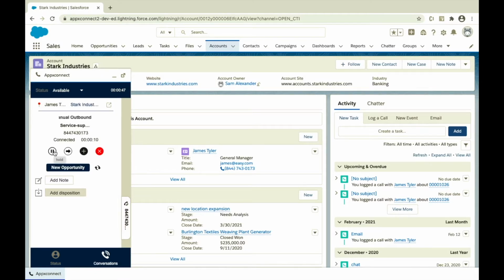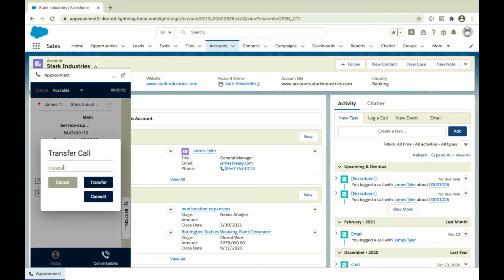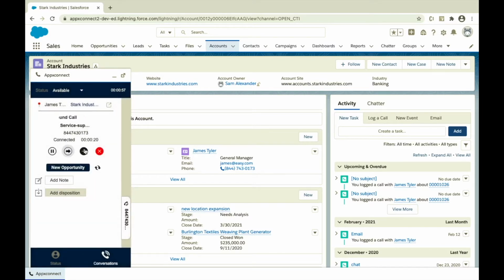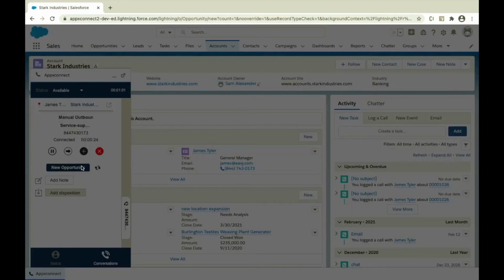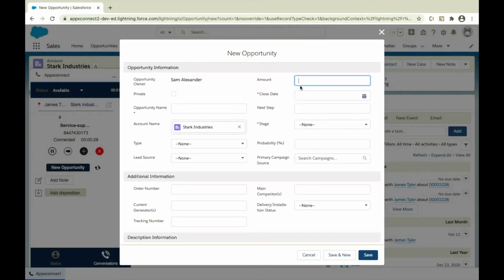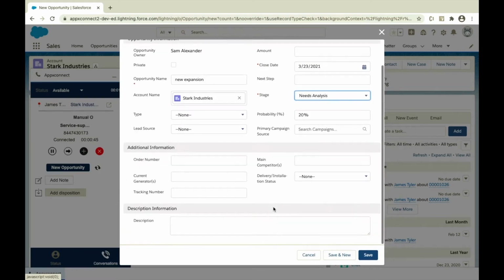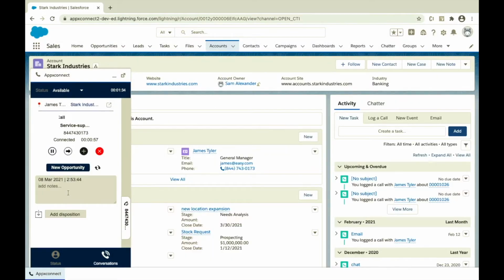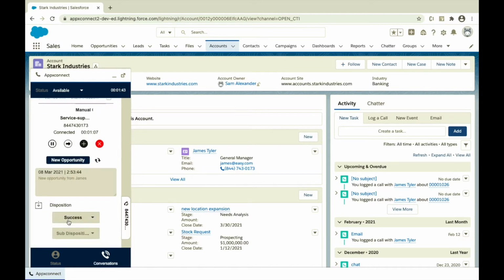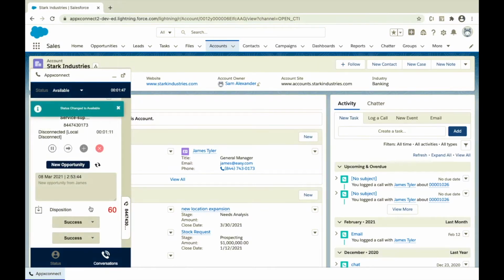User has call control options to hold the call, to transfer to another work group or user, confer with a subject matter expert and disconnect. Use New Opportunity to add an opportunity or similar entity configured in the Apex Connect admin panel. This is added to the customer's record. Fill the details, click on Save. Users can add notes, select wrap-up category, subcategory, and click on Save and Close.